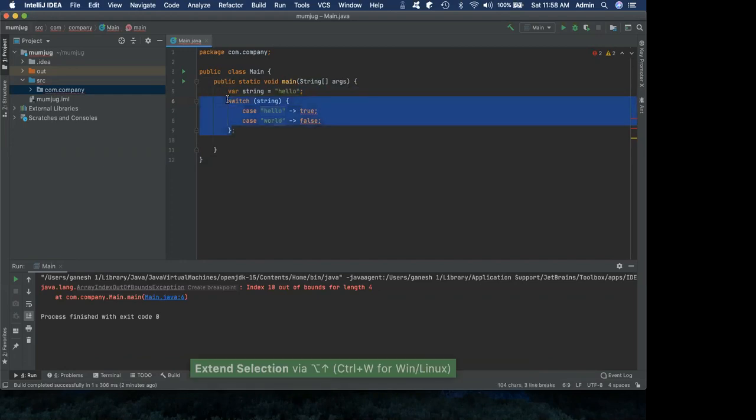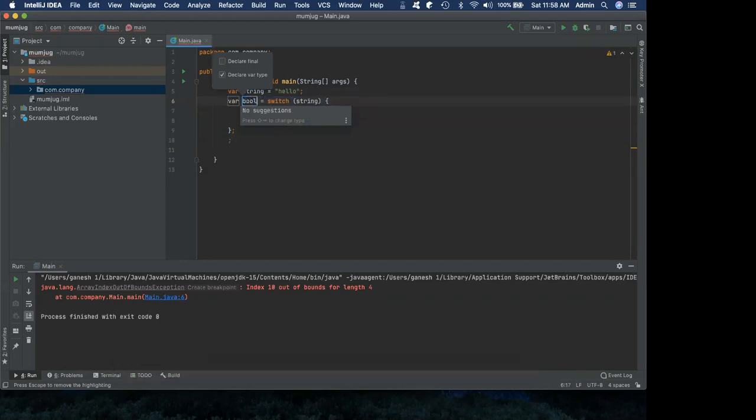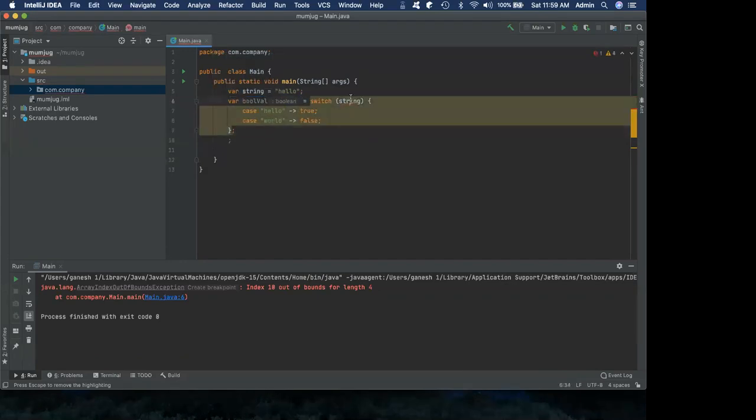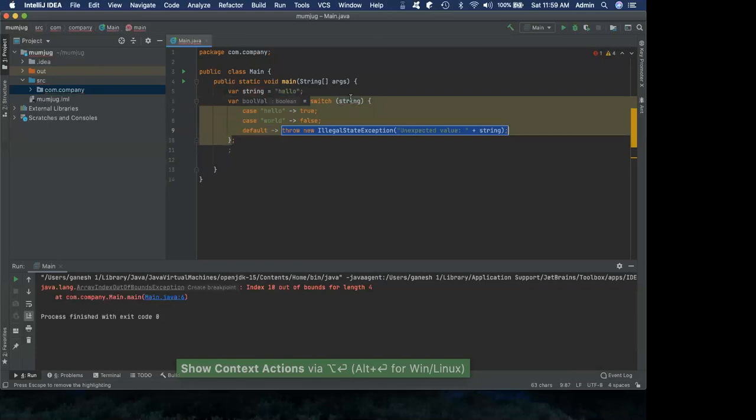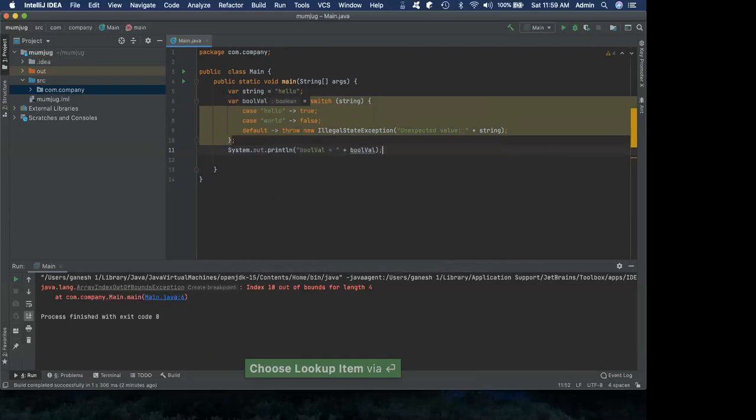Give me a minute. What is the variable? The Boolean val. So I have the Boolean value as the result, and we have the default match branch missing, and now we are good, right? So I can say bool val dot sout p, and I'll be able to run this program.